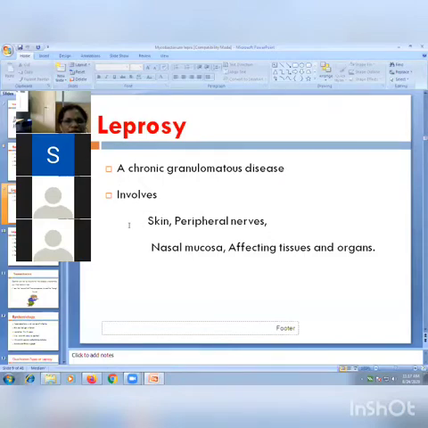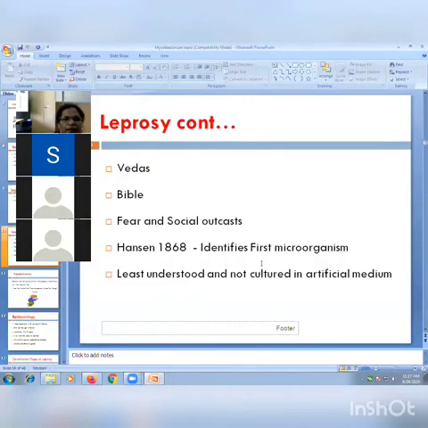So these are the clinical presentations. In this disease, skin, peripheral nerves, nasal mucosa or any soft tissue of the body and other tissues and organs get infected. This is a very old disease. These bacilli were discovered by Hansen. That's why this disease is also called as Hansen's disease. These organisms were first described by Hansen,